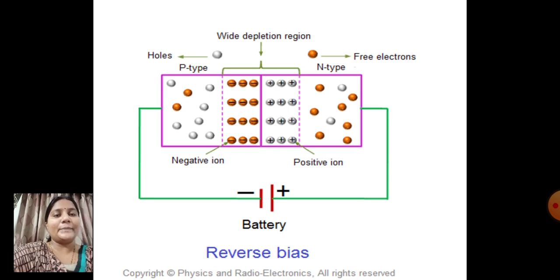What happened in the p-type semiconducting material? When I am applying a negative voltage to the p-type semiconducting material, due to this negative voltage, the negative charge carriers. What are the negative charge carriers in the p-type? Those are electrons. Right. So these electrons are the, what is this? These electrons are the minority charge carriers in the p-type semiconducting material. Right. So due to this negative voltage, the negative charge carriers in the p-type, electrons, will cross the junction,